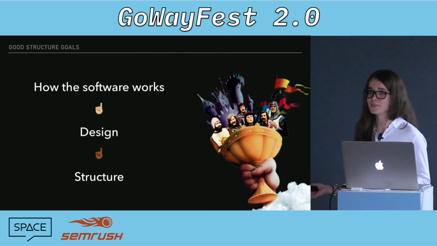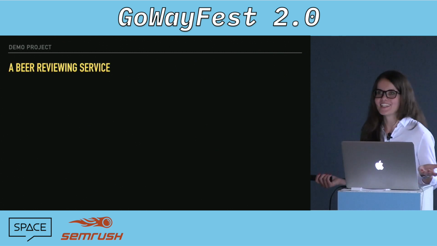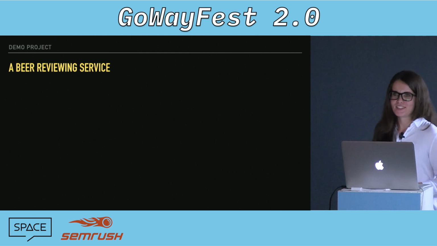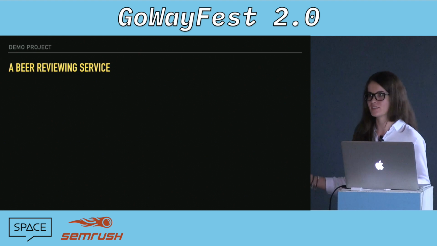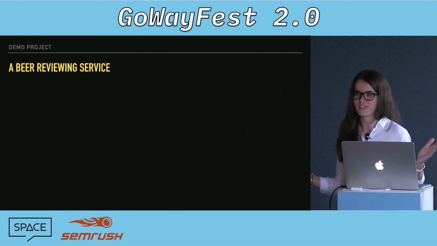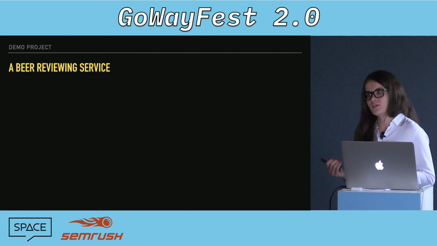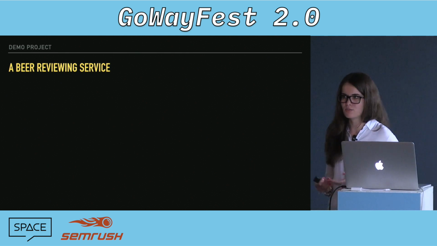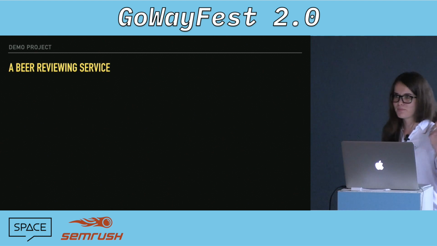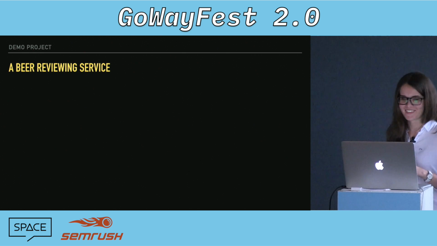So that's all great. Well, how do you get to that point? Well, the sad news is that it comes with practice. There is no definite list of instructions that I can give you to say, if you follow those 5 things, you magically arrive at the great structure. So instead, I thought I'll show you a few different ways in which you could implement the same app. And I didn't want to use an example with foos and bars because that's not really what real life is like. So I went for beers and bars instead, because beers and bars is what life is all about.